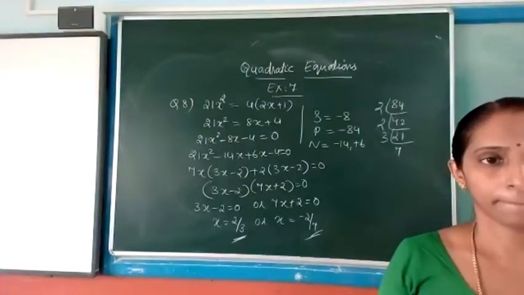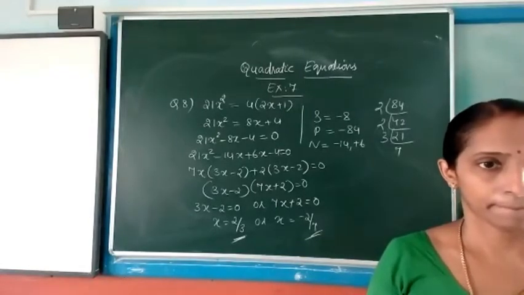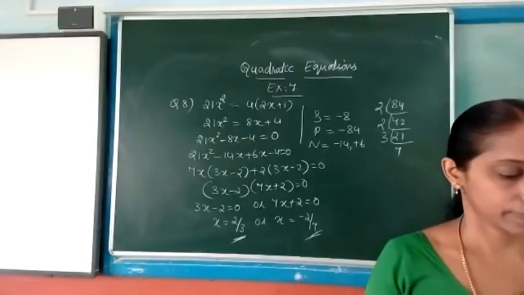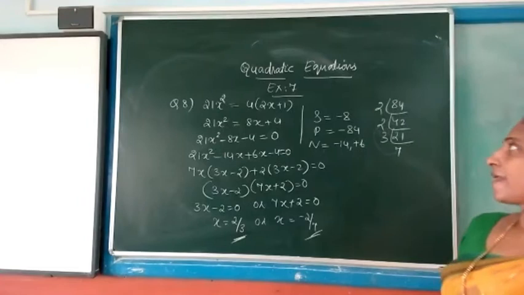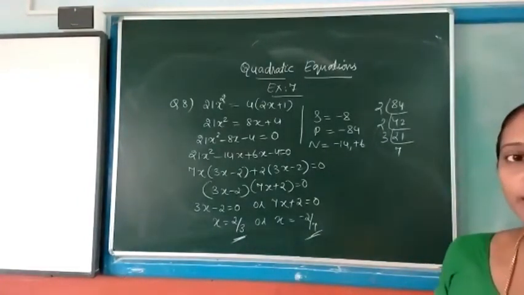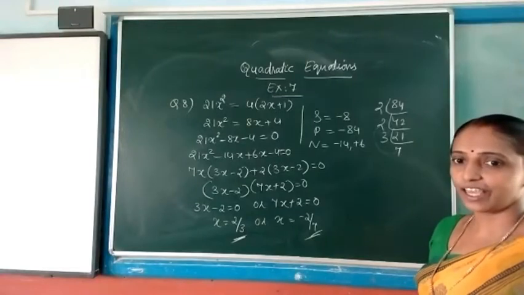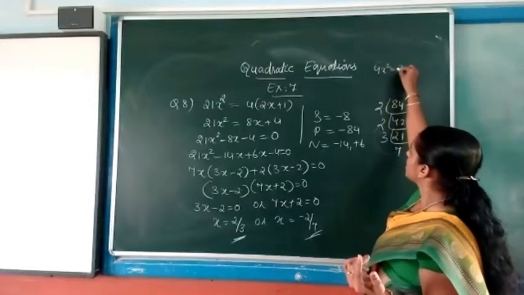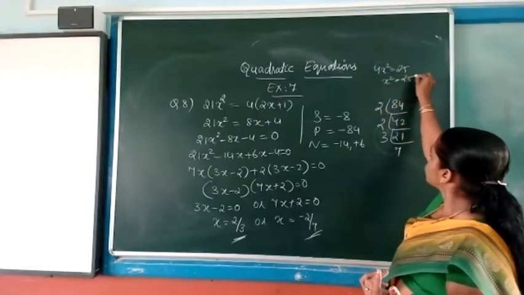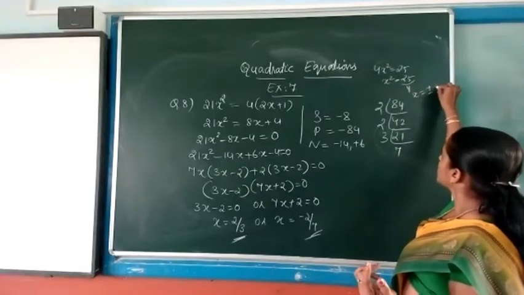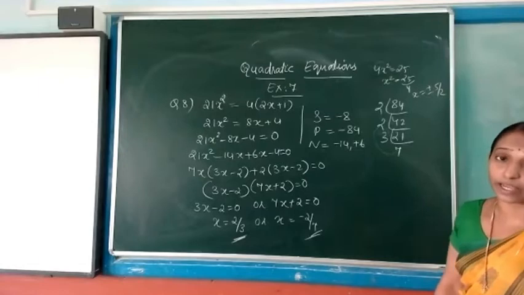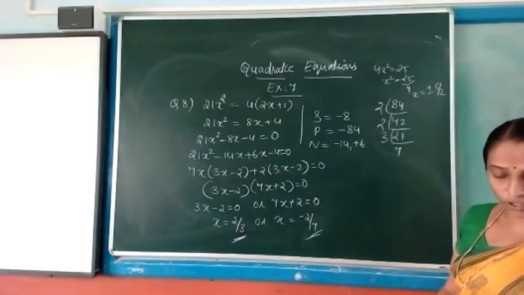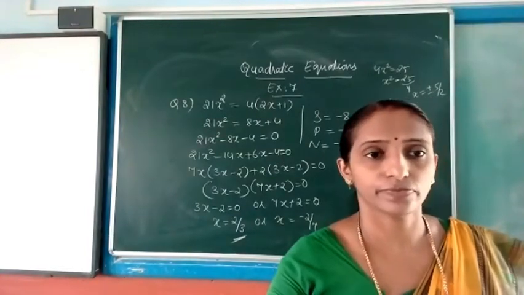Ma'am, one question I was having doubt. Can you please give me an idea how I will convert that equation into trinomial? Which one? First, second one. In that 4x square minus 25 is equals to 0. I have told you A cannot be 0, B can be 0. Okay, it's a quadratic equation. So there you will take 4x square equal to 25, x square equal to 25 by 4, x will be equal to plus minus 5 by 2. X can be plus 5 by 2 because we need two values. X can be plus 5 by 2, x can be minus 5 by 2. Okay.